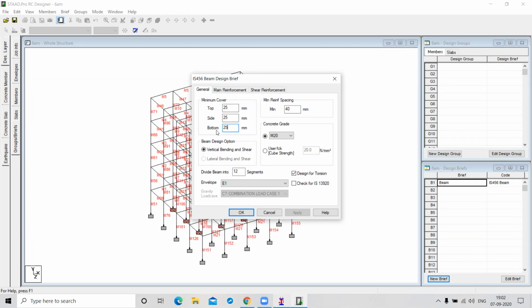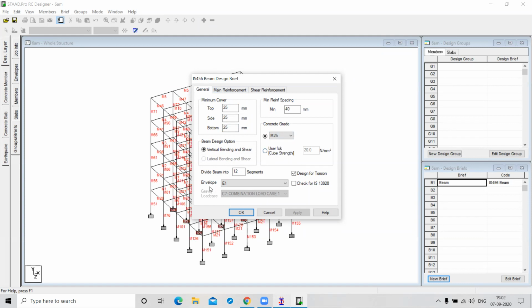What do you want for the top cover? 25 is okay, or do you want to change it? And now this is your concrete grade. You have to choose M25.